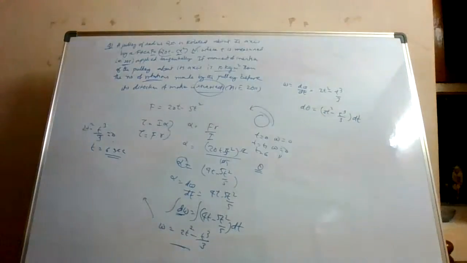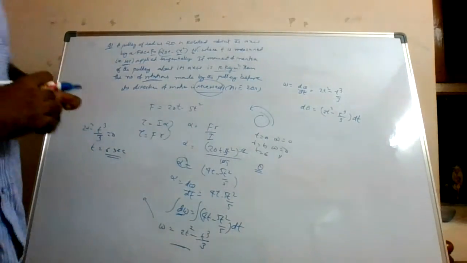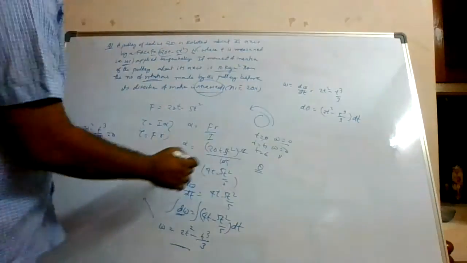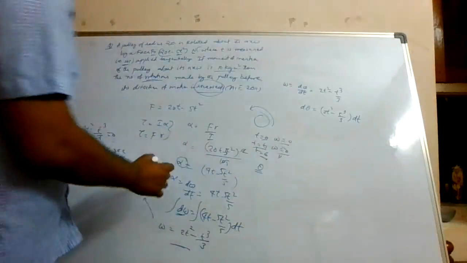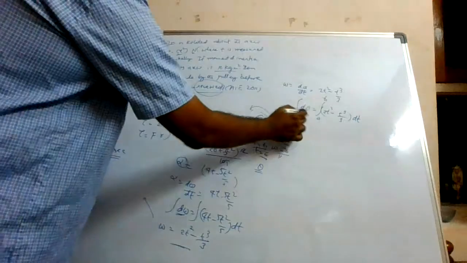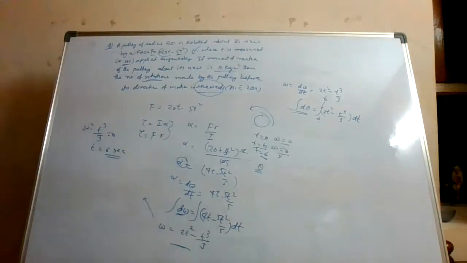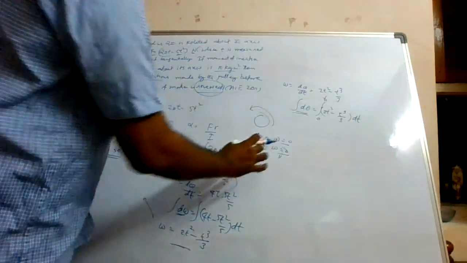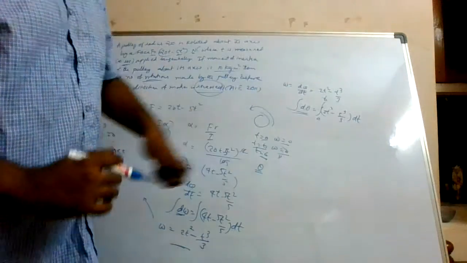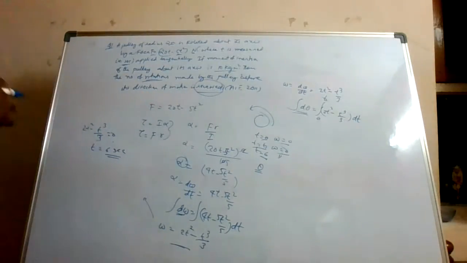What is dt? It is change in time. When again omega becoming 0, what is the range of t here? At t is equal to 0, omega is equal to 0. At t is equal to 6 seconds, it is becoming 0. So it is from 0 to 6 seconds. This, the left hand side, shows the number of rotations made during that time. See, initially t is equal to 0, omega is equal to 0, it started rotating. Then when time became 6 seconds, it would have made some rotations, right? We have to find those many rotations.